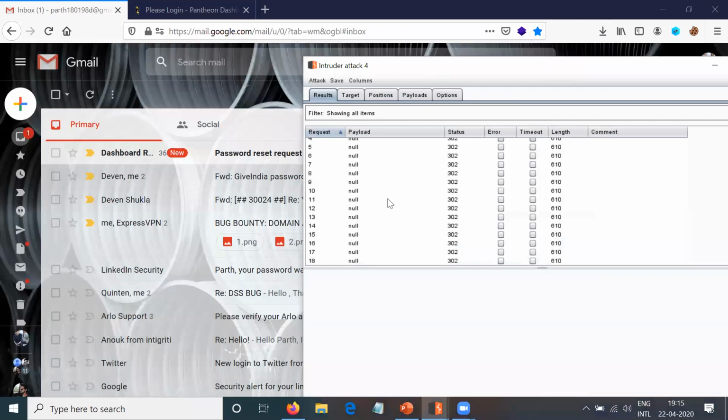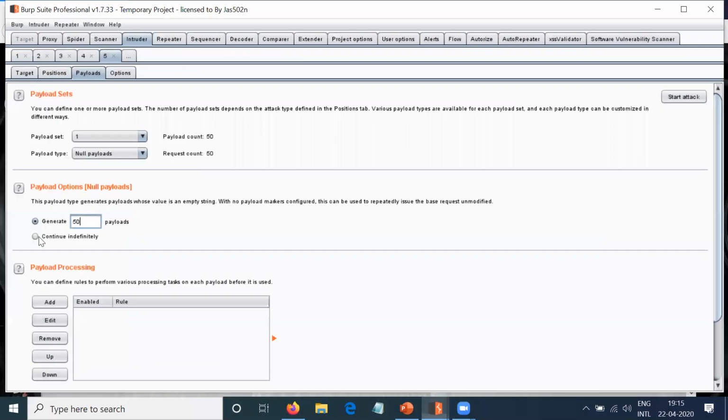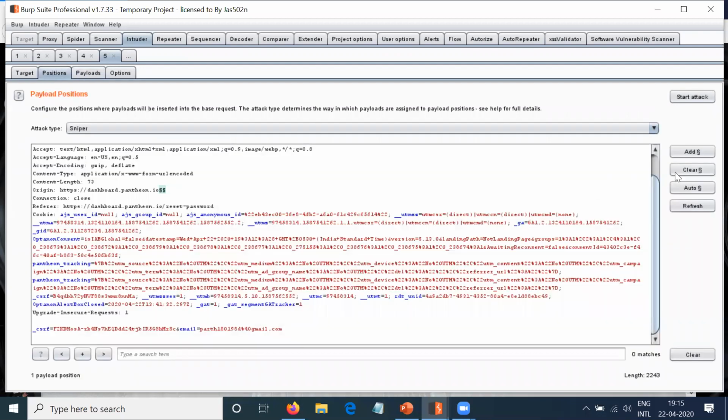Now what if I close this, do continuous indefinitely, and go to sleep for 7 straight hours? The victim will get a hell of a lot of emails for 7 continuous hours. So you can think how many emails it will get, right? So this was the second position, and the third one is the queue parameter.